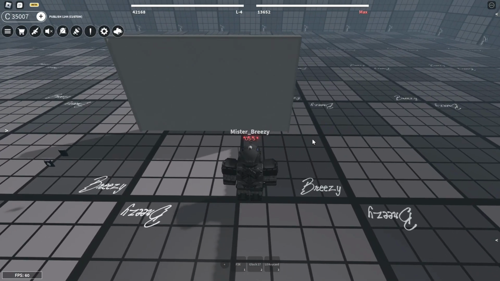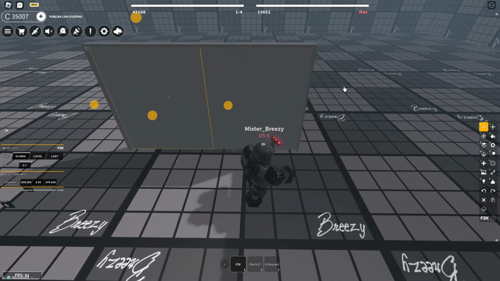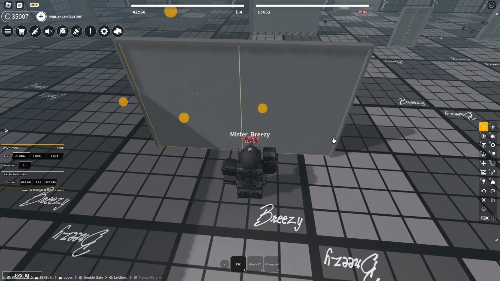After you've removed all the extra parts, you will now have to figure out which door you will need to use for the main part. So in this case, there's two doors here. Each of these doors opens a different way. To figure out which piece you will need, I've included two mesh IDs in the description below. I'll pull them up really quickly here on my notepad. You won't be able to see it, but